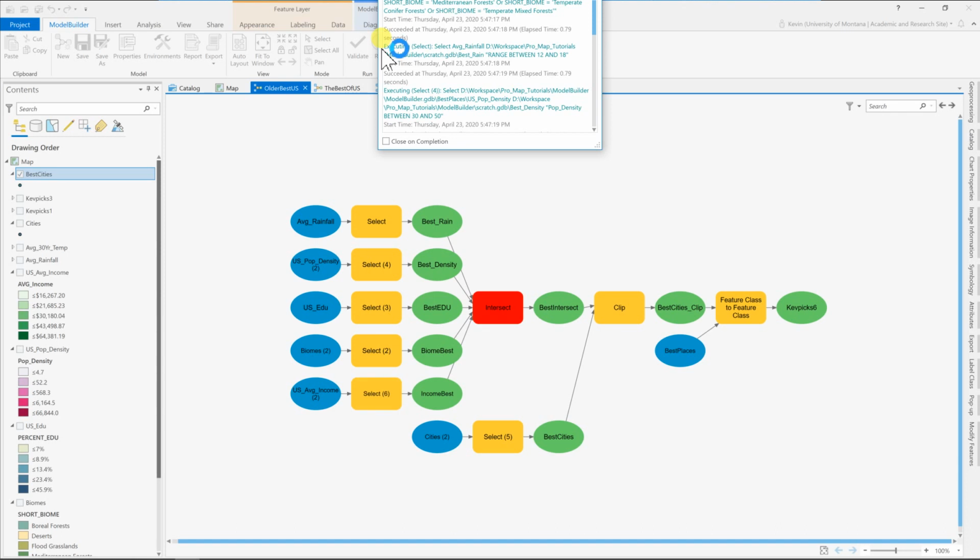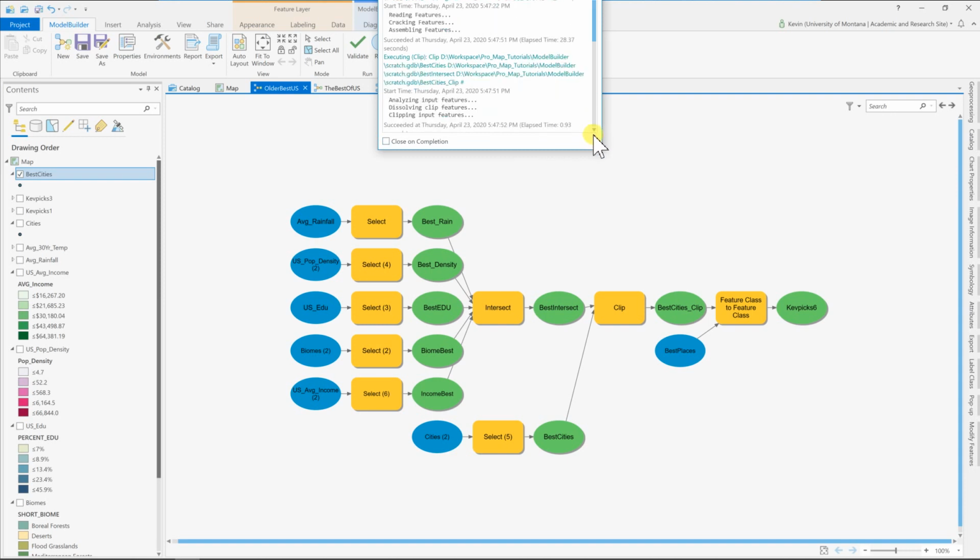So it's working through all these. Now the intersect will probably take a little bit longer because there's a lot more data going into it. And then it's going to clip my cities, my best cities, that is only a selection of the overall population in each city by an intersect of all these different parameters. It's thinking. It's going to get there. So there are endless combinations. You can play with this for a long time, and eventually you'll get the model tuned to kind of finding the ideal place for you to live.